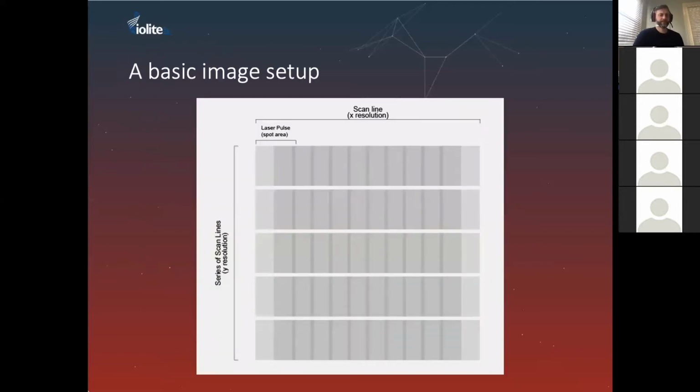So just to cover some of the basics and some of the concepts that we will be talking about today, we'll just spend a little bit of time talking about factors to consider even before you get to iolite. Most people would think of an imaging experiment that looks something like this, where we have a bunch of scan lines. In this case, they're going from left to right along the X axis. And we have a bunch of overlapping spots,